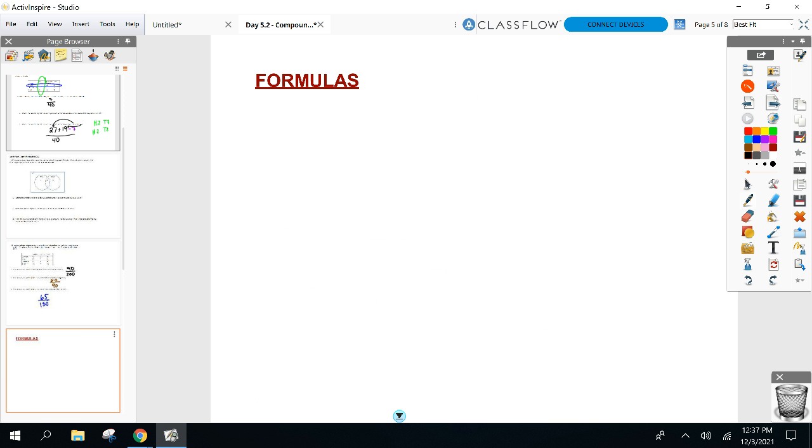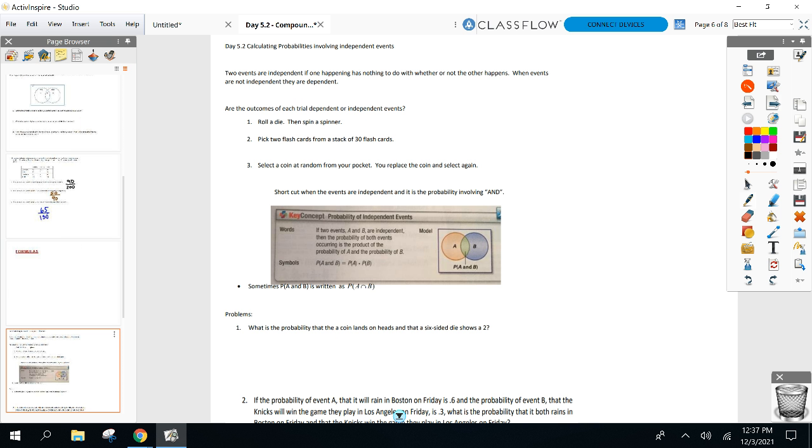Formulas. There you go. I had it already planned. Before we start formulas, I do have to mention flipping a coin. I'm going to flip a coin, and I'm going to roll a die. 2 events. And we're going to start talking about if 2 events are independent of each other or they depend on each other. Here's what I mean. I flip the coin. Boom, whatever comes up. Does my flip have any effect on what I roll on this die?